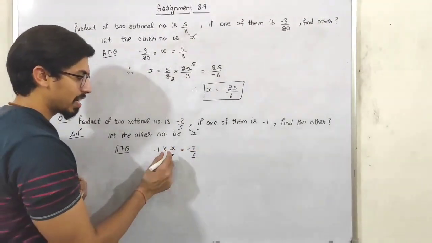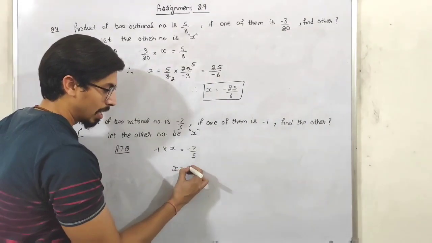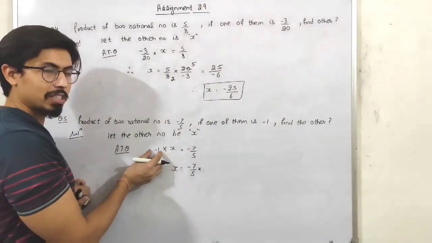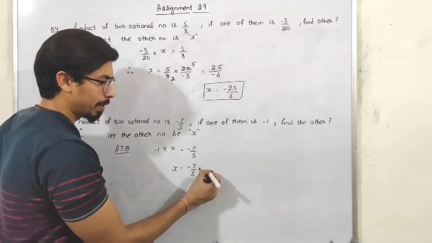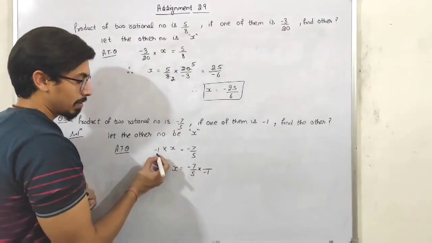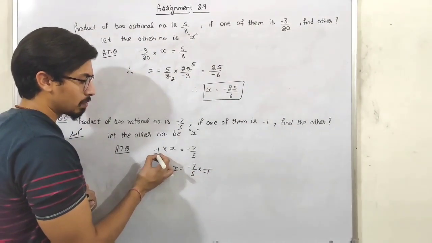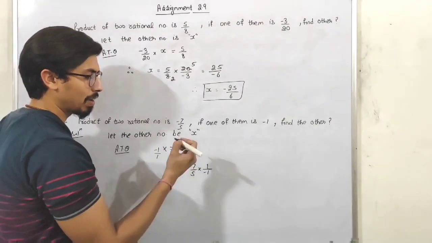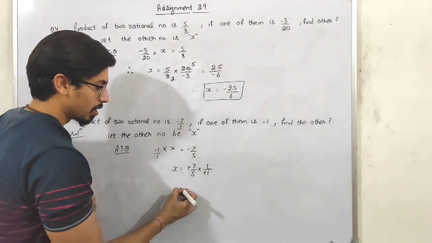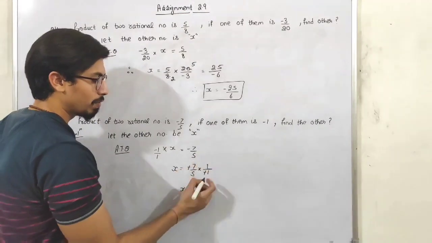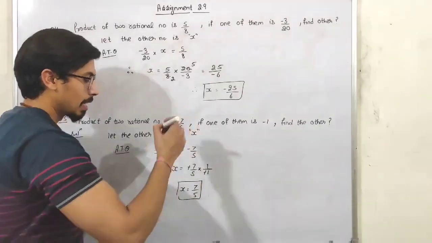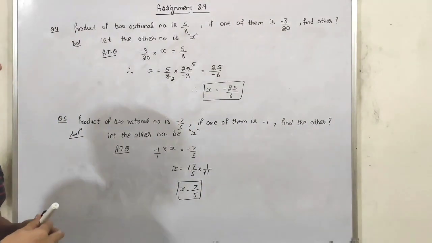See, students, we can write it as x as it is, minus 7 by 5 as it is. See, 1 is in the numerator, so we can shift it to the denominator. Or minus 1 can be written as minus 1 by 1 also, so we can write 1 here also. Now this minus sign will cancel out the minus sign, so x will be 7 into 1, that is 7, and 5 into 1 is 5. So the answer is 7 by 5.